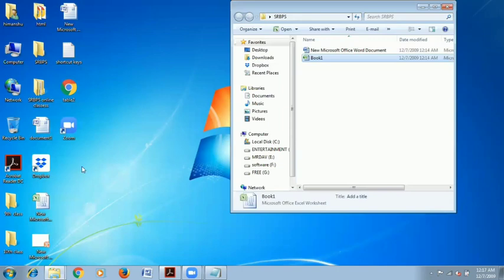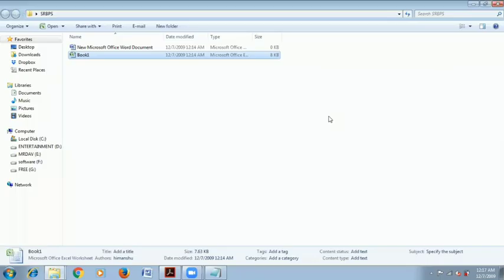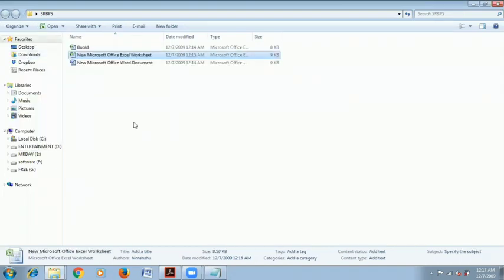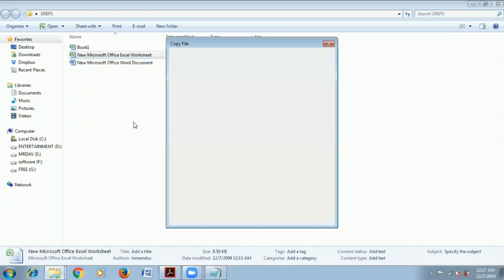Now, if you want to do this work with shortcut keys, which shortcut key will you use? Like if you wanted to copy the content, I wanted to copy this file. First of all, you need to select that file, then press Control C. After that, you will open that particular folder where you wanted to paste that content. You will come here and click on organize, and you can paste here like this. Or you can press Control plus V for pasting.